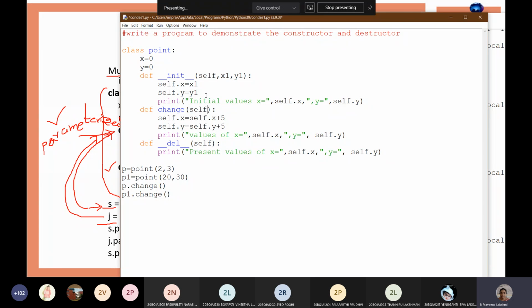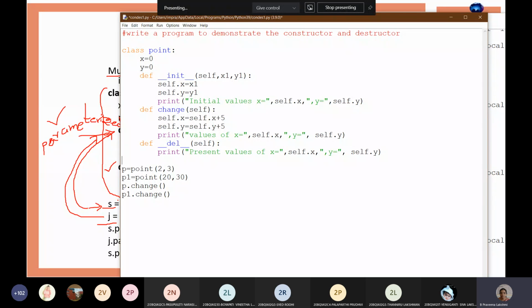Here you need to know one difference: a constructor can have parameters but a destructor cannot have parameters. Parameterized constructors we can have, but we don't have parameterized destructors. We cannot send any values at the time of destructing the object.